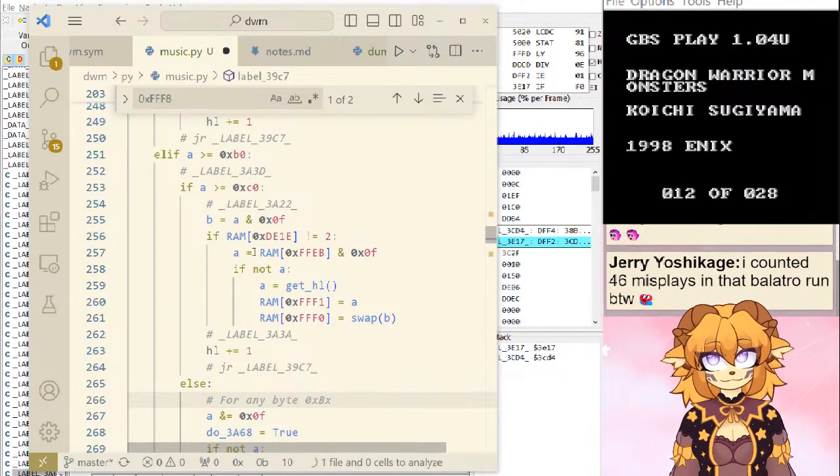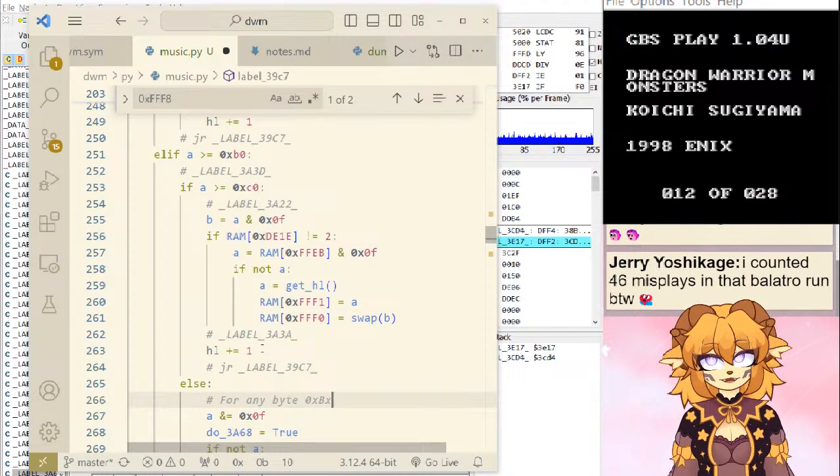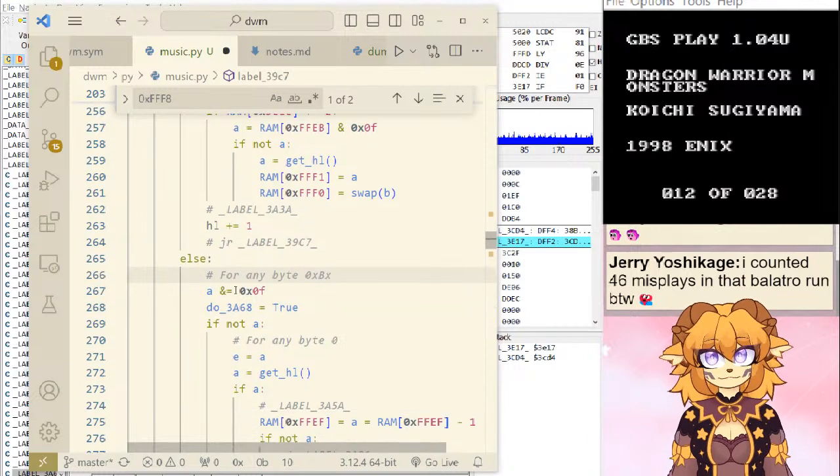Let's BX. Okay, so we're already limited to between B0 and BF.